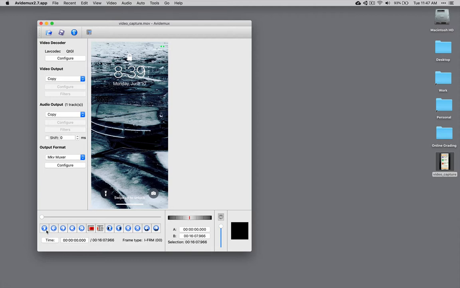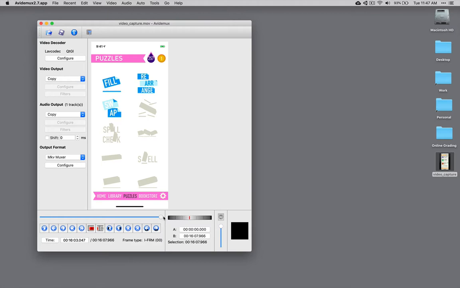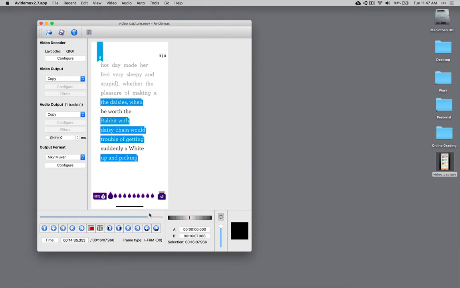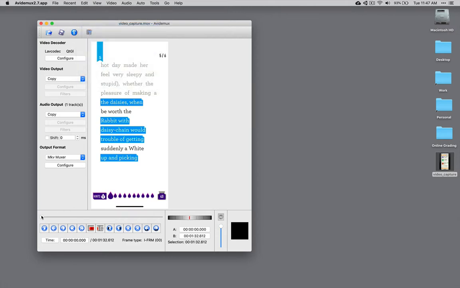Down here below, you can see that you can hit the play button, and there is a start marker and an end marker. So what we can do is we can set the start marker at the beginning and then go to the end here. So I'll go to the end here and use the end marker. And then this part I want to cut. I want to just make my video shorter. So I'll go ahead and cut that out. Now I only have the end of my video here,